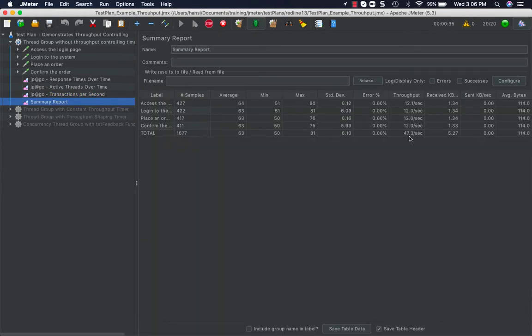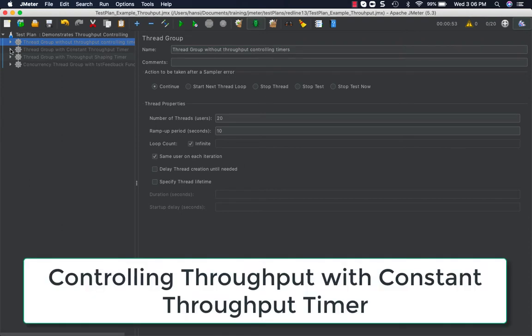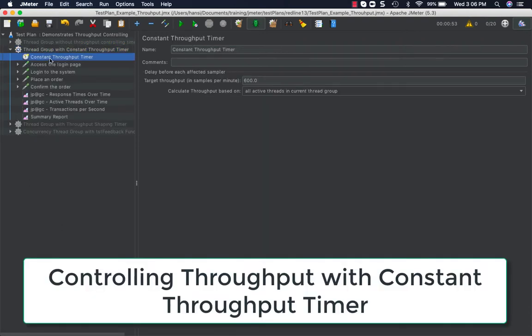And you can see the overall throughput here. Without a throughput controller in this situation, to control throughput, we need to play with the number of threads and the delays by introducing timers. Let's see another situation where we can control the throughput effectively by using the constant throughput timer.